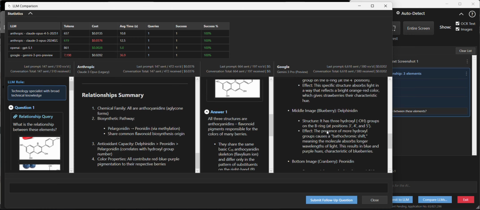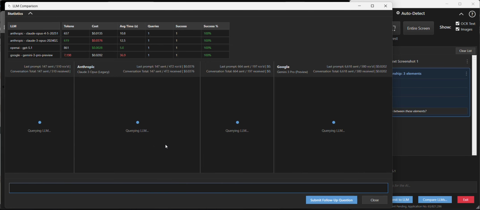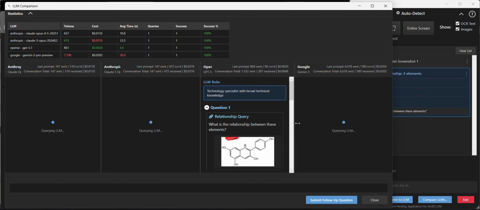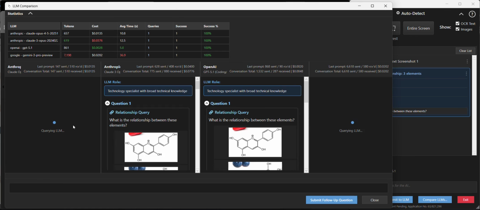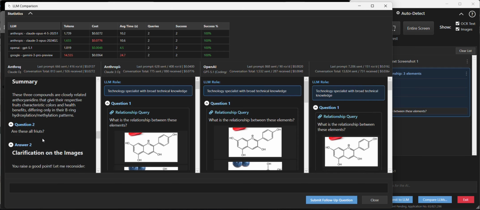I'm going to ask a quick follow-up question here. Are these all fruits? Oh, and I'm going to misspell this on purpose. IUTS, just to show you that these language models are really good at, if you misspell something, they don't really care. They usually are able to figure it out. So let's look at the follow-up question I asked down here. Are these all fruits? And even though I spelled it incorrectly, it's like,